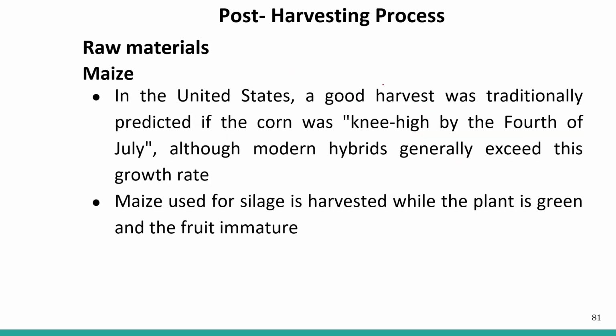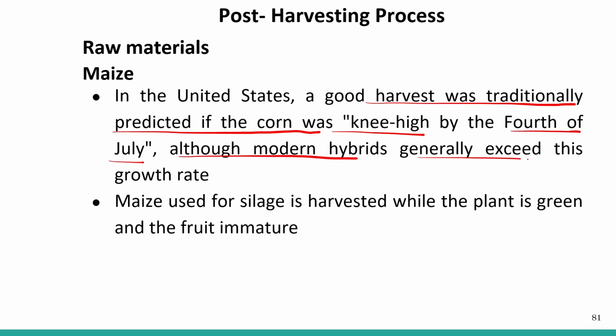In the United States, a good harvest was traditionally predicted if the corn was knee high by the 4th of July, although the modern hybrid generally exceeds this growth rate. So if the plant is knee high by the 4th of July, knee high meaning above the knee, then we can predict a good quality, or a good harvest of the